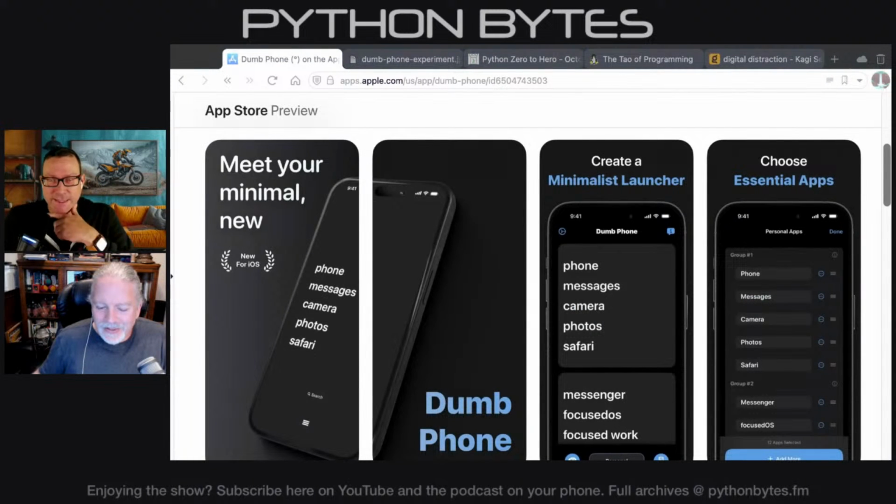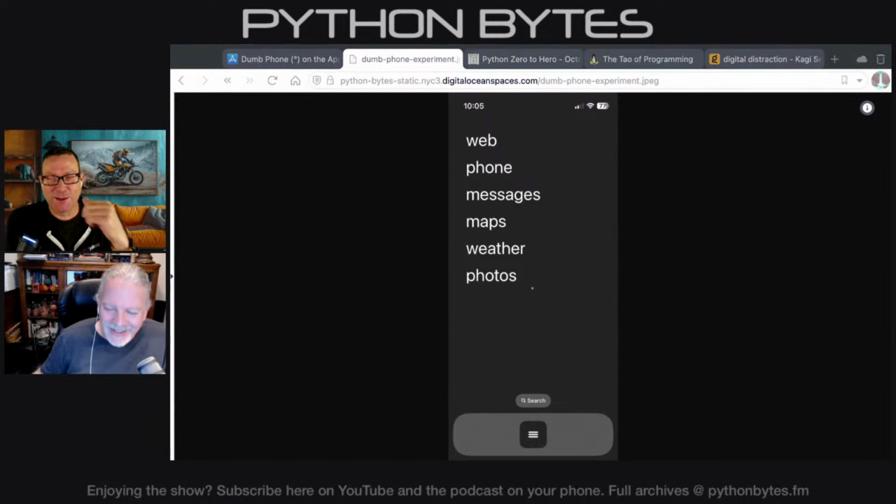What it does is it uses some weird tricks to take over your home screen on iPhone, and it just has a really, really simple display. Like the phone, instead of being an icon, is just the word phone. Your messages, instead of being the green thing with the 3 unread, is just the word messages, and so on. For example, I'll link to a screenshot of my iPhone 13 mini.